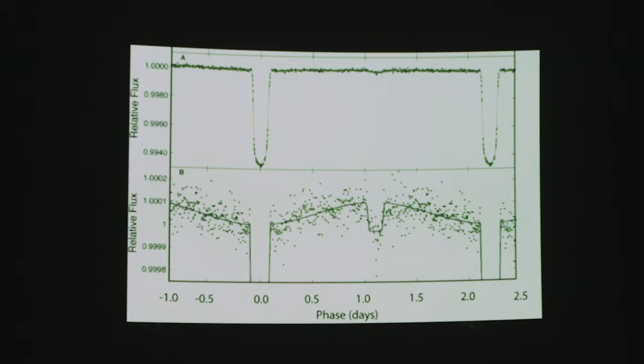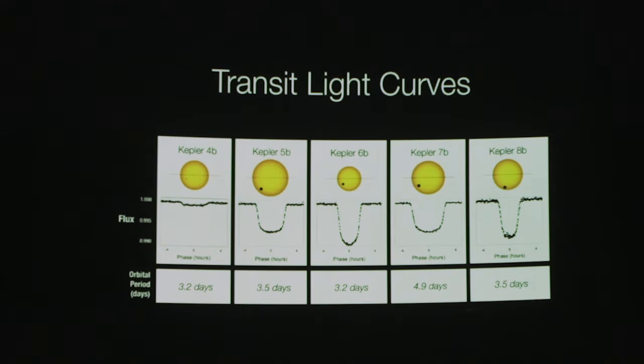For Jupiter transiting the sun, Jupiter is a large planet. It's the largest in our solar system. And even Jupiter would only subtract about 1% of the sun's light if an alien astronomer was looking at our sun, looking for transits. And then based on the timing of these transits, you can determine information about the planet's orbit. But what was really weird, and then here are some other examples of transits of different